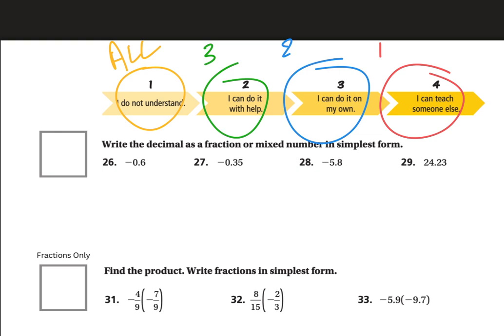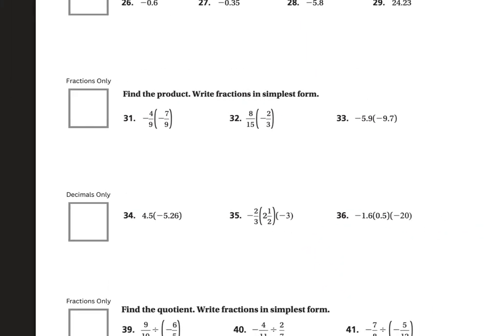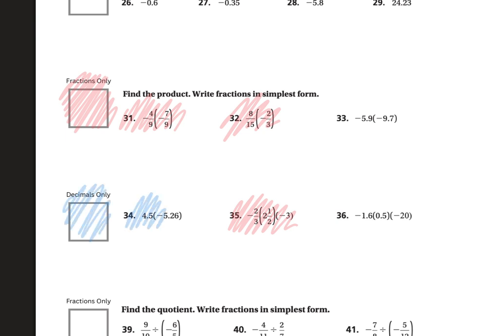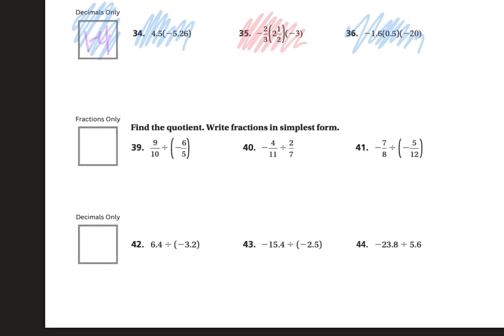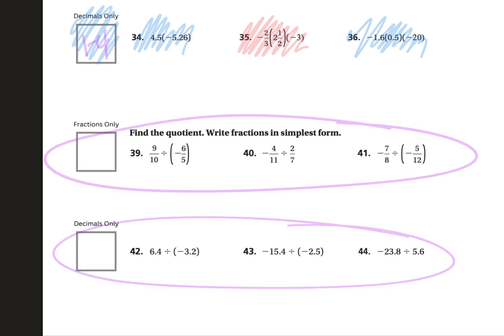And then the last thing I want to point out is down here, I made kind of an organizational boo-boo. So let me show you what I mean. This fractions only box is related to this one and this one. See how those are all 3 fractions? And then decimals only is talking about this one and this one. See how those are all decimals? So when you're thinking about these, the fractions, 1, 2, 3, 4 here, decimals, 1, 2, 3, 4 here. And yes, I realize it also says fractions and decimals only here, but look, these are all fractions. These are all decimals, so not as confusing.